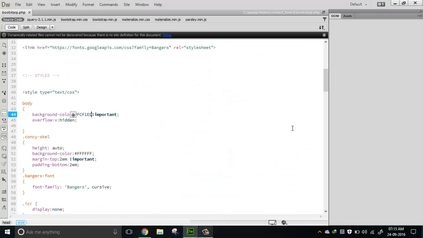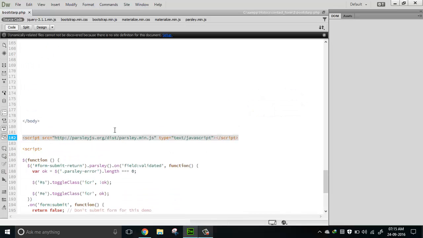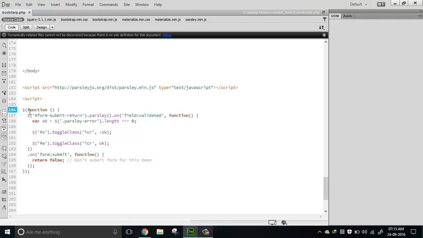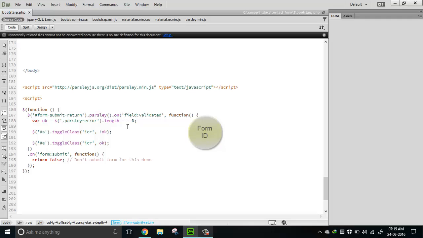I've already grabbed that and pasted this link at the bottom of my body tag, right there. So we're going to start off with a simple function. It's the function I have written here, and it says that when the form gets submitted, here I have defined my ID. In the last video we defined an ID for our form, which is going to help us right now. And on Parsley, the field validated function, okay, and this is the bunch of things you have to add to get it validated. You can see the reference or the documentation of the